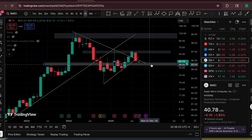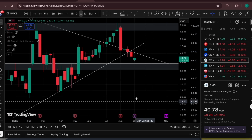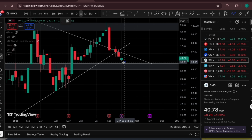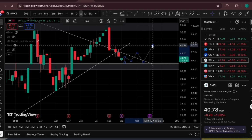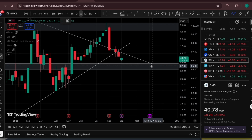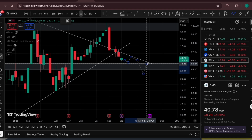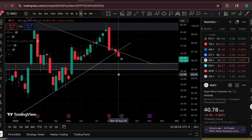This is a strong level sitting roughly at 35.3 to around 38.5, roughly in that area. Right now, I'm not expecting too much until we get some kind of breakout. I expect some kind of sideways chop until we break the structure, retest, and eventually push up higher, or we just continue to chop until we fall underneath, retest, and see lower levels. If we were to fall underneath there, the next level I would see is roughly around